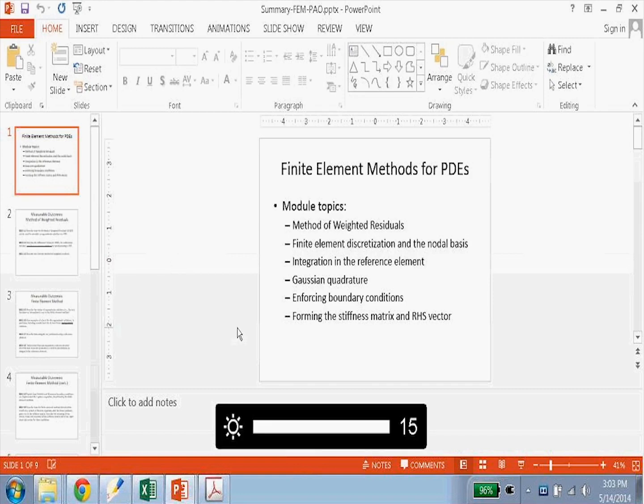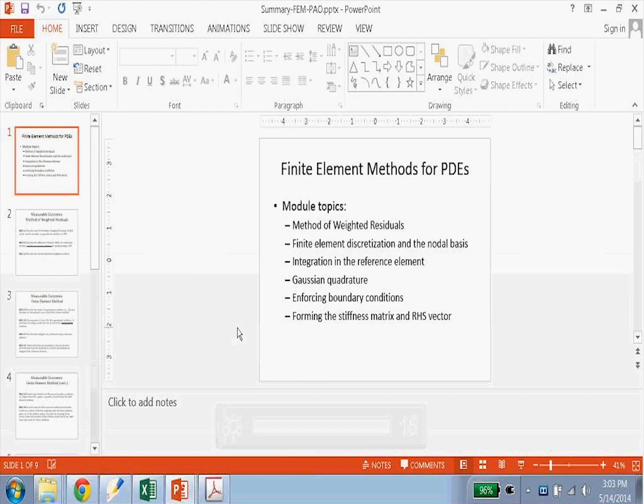All right, so let's move on and talk about boundary conditions, and then we'll close by forming the system, and then that will be finite elements in a nutshell. So number 5 is boundary conditions,